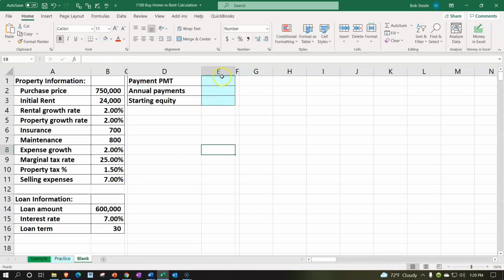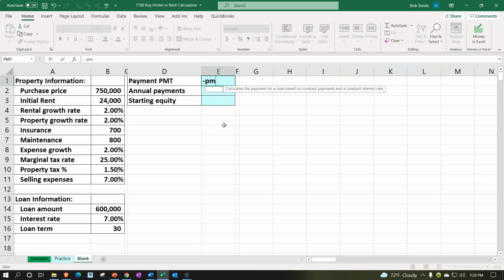Let's actually do that. Let's calculate the payment. So the payment would then be, let's say, negative PMT. We've done this in the past. I'm going to do this a bit more quickly to just calculate the payment. It's going to be picking up the rate, which we're going to say is the 7% interest rate divided by 12 to get the monthly rate, comma, number of periods. Number of periods is going to be the 30 years times 12 to get the number of periods in months, and then comma, the present value is going to be then that $600,000 loan amount, not the home purchase price,